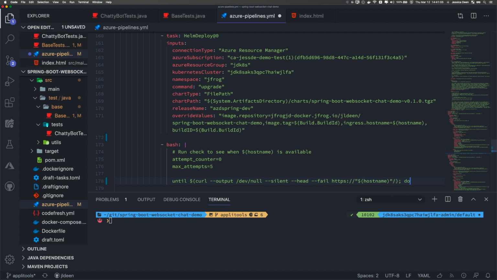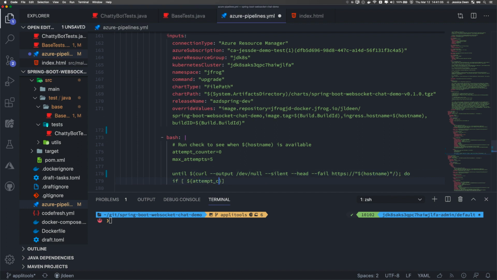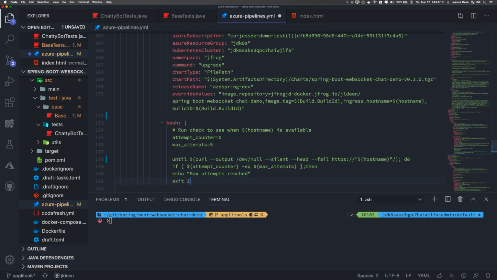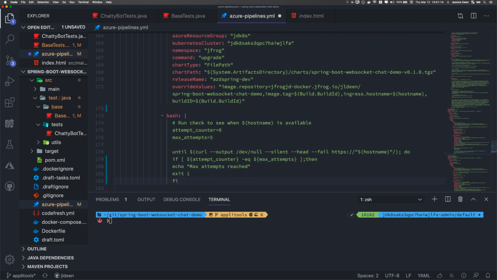I'll set the output. I'll suppress it. I'll make sure everything's silent. And then I make sure to tell me if it fails. Here's the host name. Now we'll talk about the host name environment variable because I actually define that for my